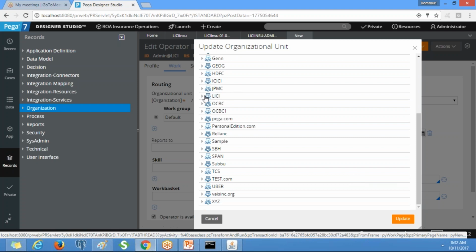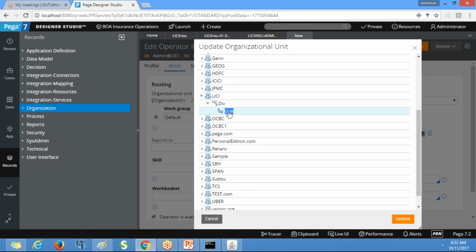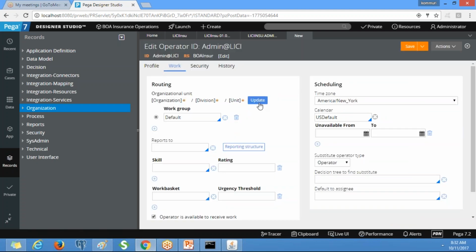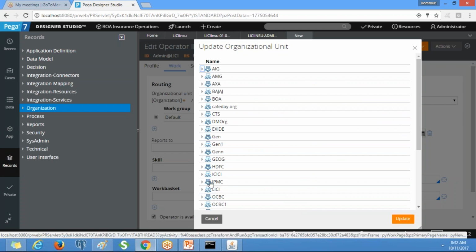LICI, right? So you select LICI here, and click on unit. You expand and click on unit, and it will be updated automatically. Click on update.